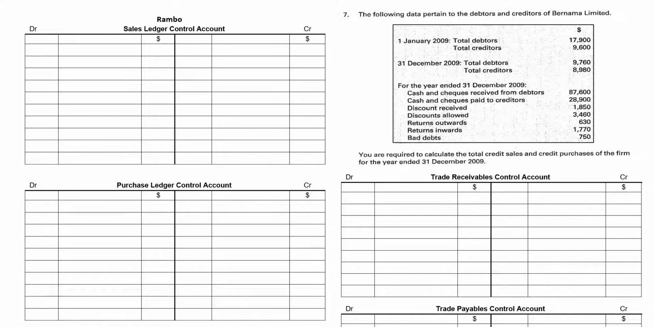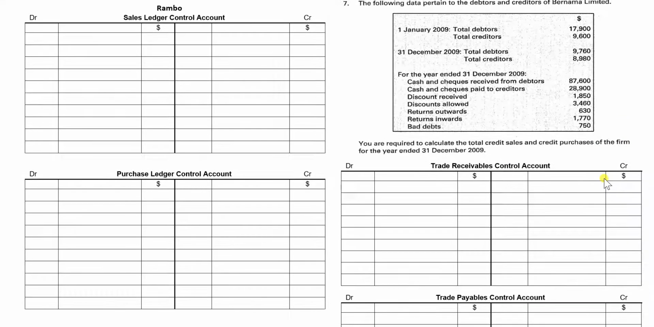Now, question 7, okay, this is the same as what you have done in question 5 and 6, but the difference is that for this question, they ask you to find the total credit sales and total credit purchase. So what you need to do, just like normal, you write D and C over here and key in